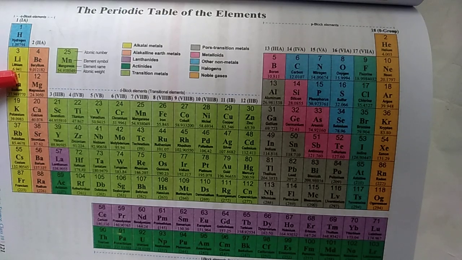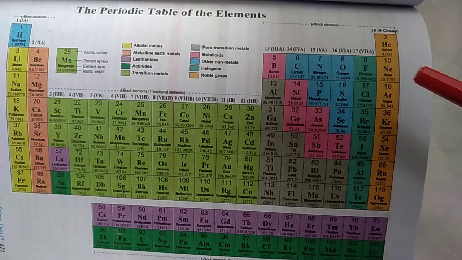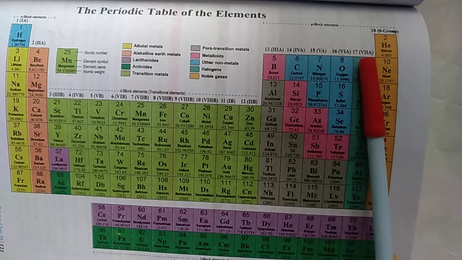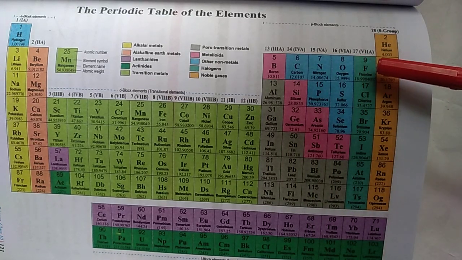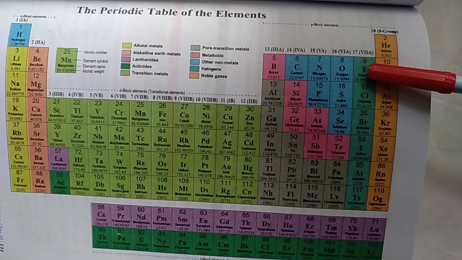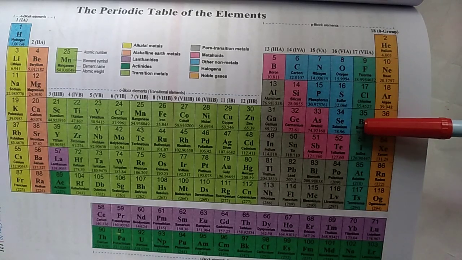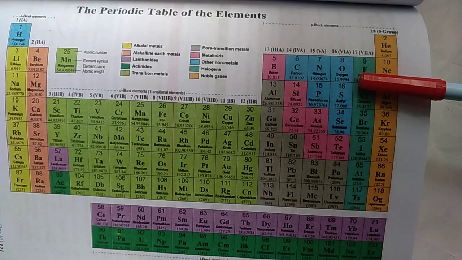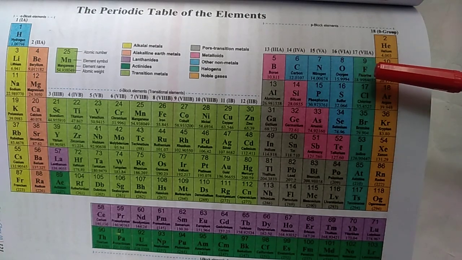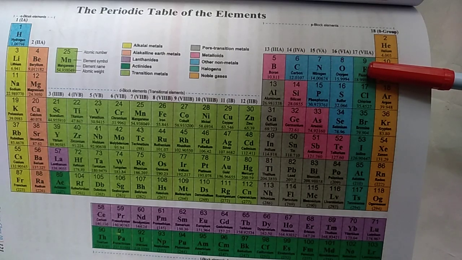to these two. Okay, if you see the same thing in non-metals, this side non-metals, fluorine, chlorine, bromine, which one is most reactive among these three? Fluorine is the most reactive because it has the smallest atomic size among these three. And for non-metals, the smaller the atomic size, the easier to gain the electron. Non-metals gain the electron, metals lose the electron, okay, in the chemical reaction. So fluorine can gain electrons more easily than these two. That is why fluorine is most reactive among these three.